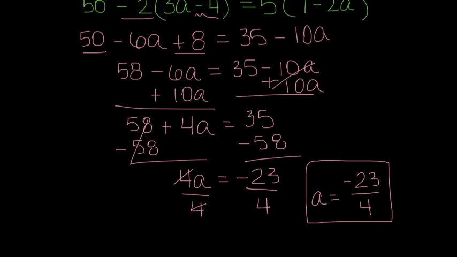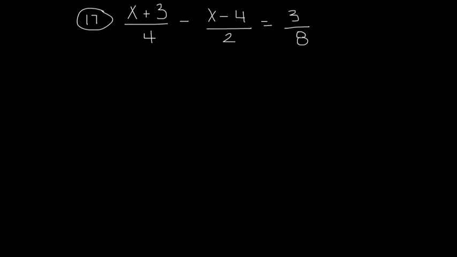In this case, if we took 23 divided by 4, our decimal would be negative 5.75. It would be a terminating decimal. That would also be acceptable, but it's still, again, not a bad idea to get into the habit of leaving your answer in this form, negative 23/4, because that is an exact answer. Later in the course, we'll be talking more about exact answers. Same type of problem this time. We have